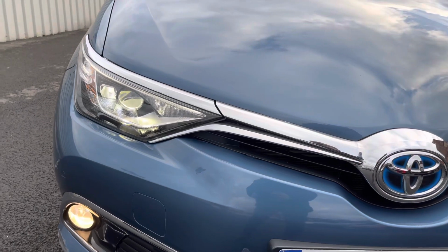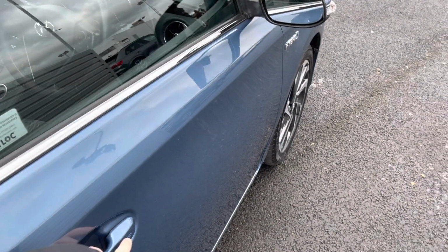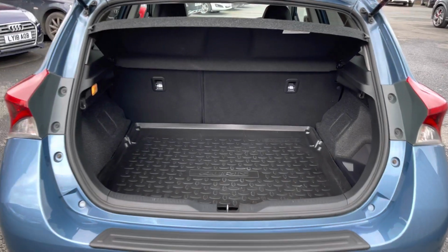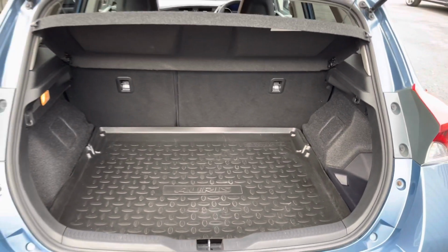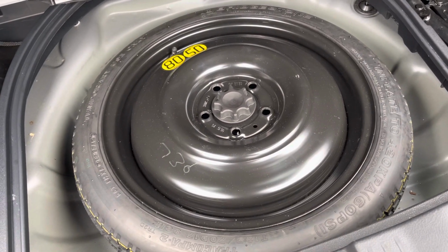You do have your bi-LED headlights which light up the road nicely, giving you great visibility. This Auris does come with keyless entry and go, making access to the vehicle super easy. Here in the boot you'll find 435 litres of boot space, which can be increased to 1,199 with the rear seats down. You do have a spare wheel underneath the boot floor as well, which is a very handy touch